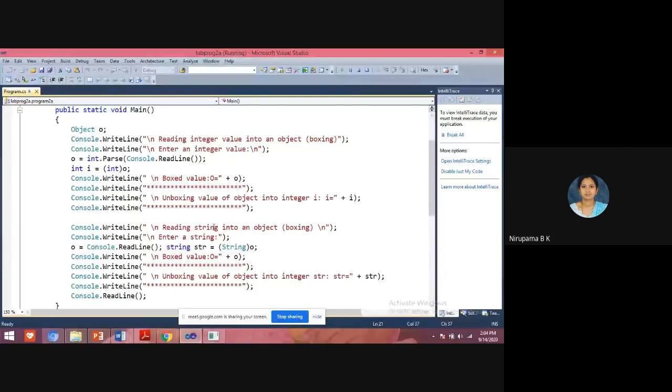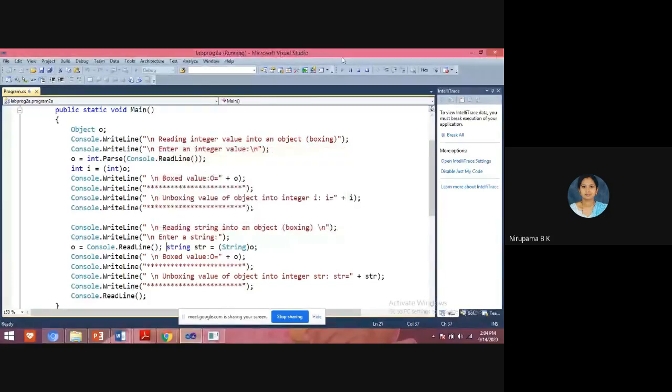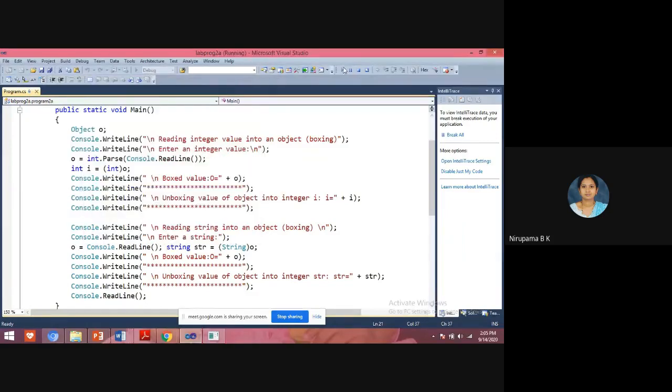See students, here I am pressing enter. It is not taking. Why? Because my program is still in execution. You have to close here, or on the menu bar you have an option, stop debugging.